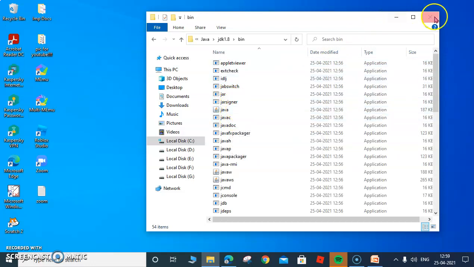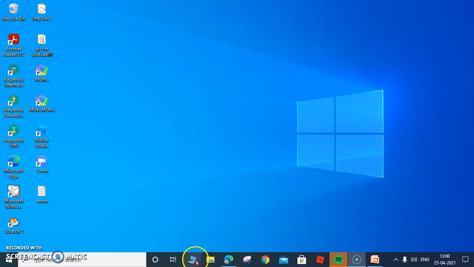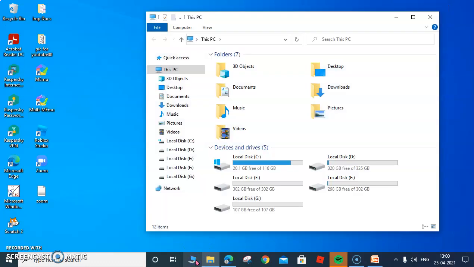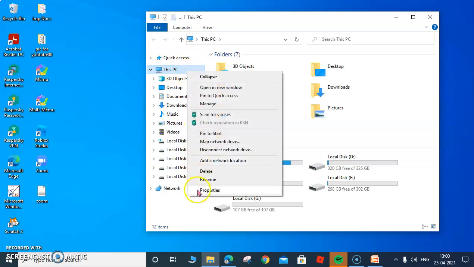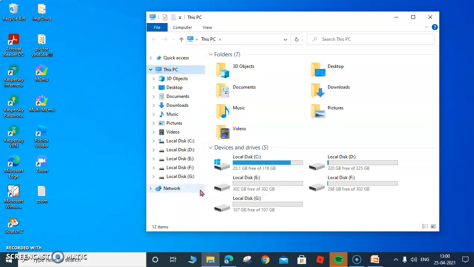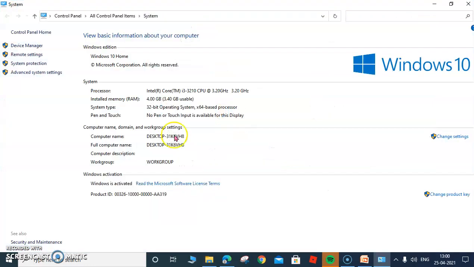So for this I would say what you do, go back again to this PC or my computer, and then right click over here and go to properties, and after clicking onto properties you go to advanced system settings.